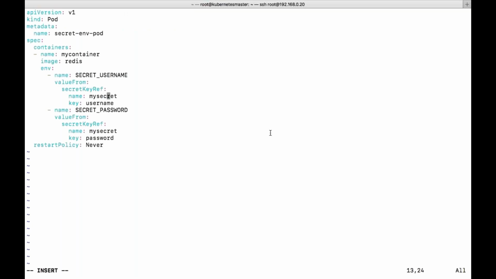This is the name of your secret, so we need to give that path. Here also I need to give the path. Anything else? Nothing.